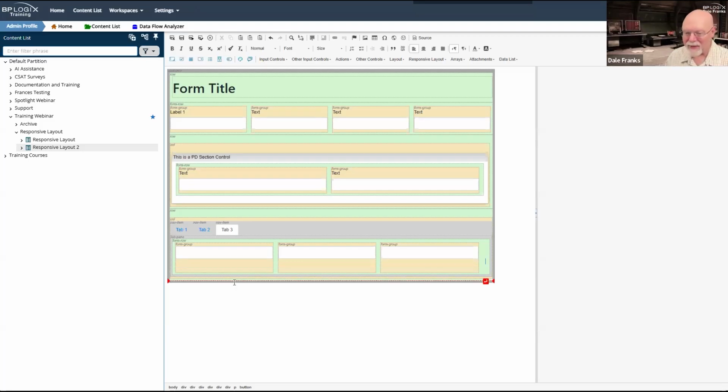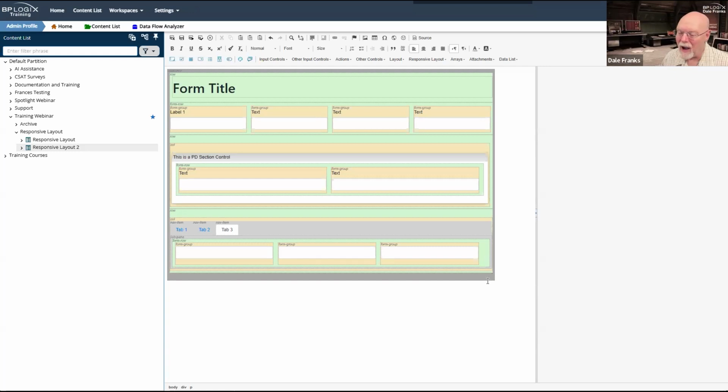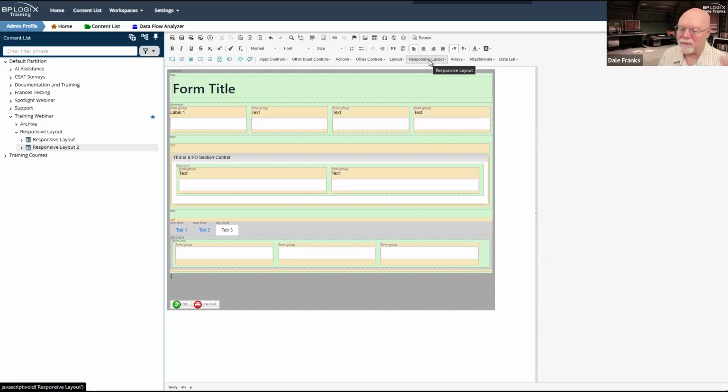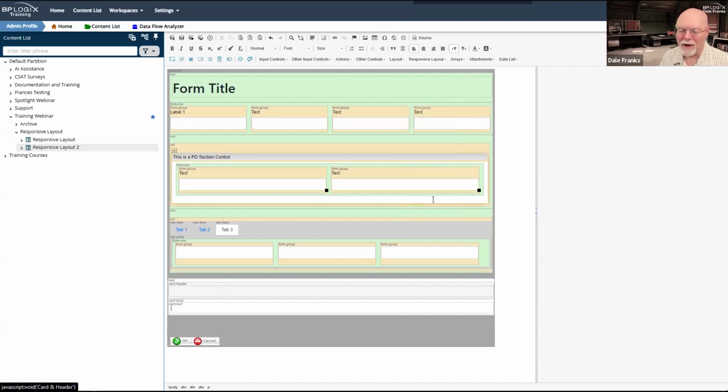This is why the Bootstrap controls are not, strictly speaking, my favorite controls to use in Process Director, because if you're trying to cowboy your way through it, the way I'm trying to cowboy my way through it, you are going to get yourself in trouble, as you can see. So fine, we're just going to move ahead. And we'll throw in a card.